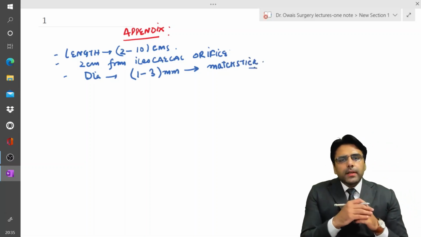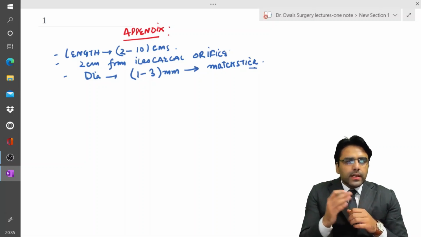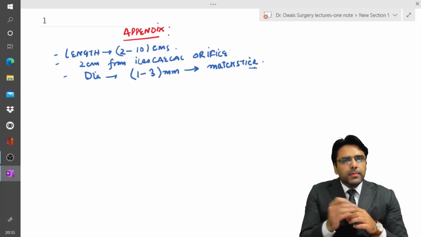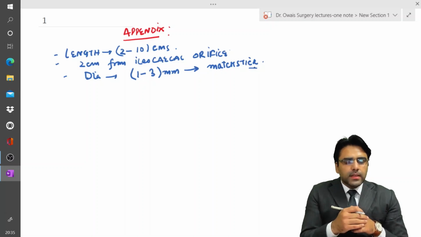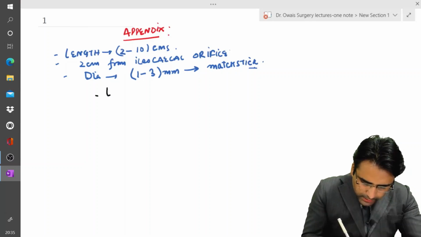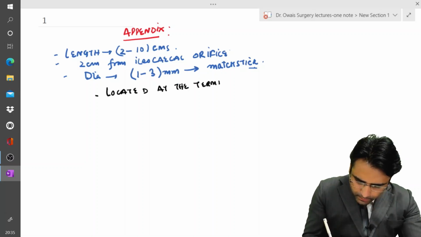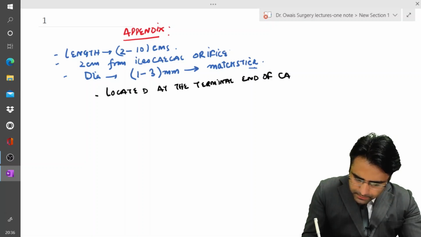So the length of the appendix ranges from 2 to 10 centimeters. It lies 2 centimeters distal to the ileocecal orifice, and the diameter of the appendix is 1 to 3 millimeters, which is roughly the size of a matchstick. Another important point is that it is located at the terminal end of the cecum,